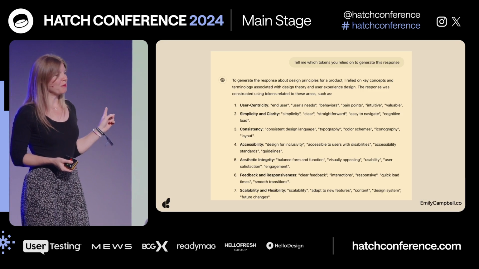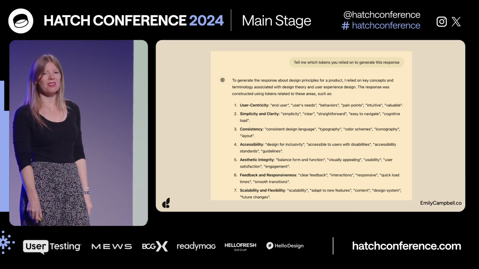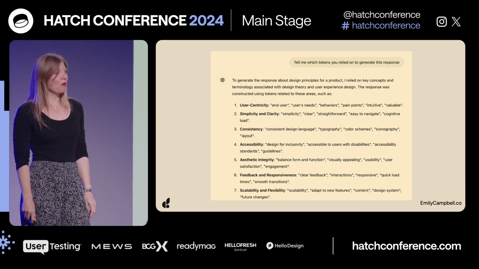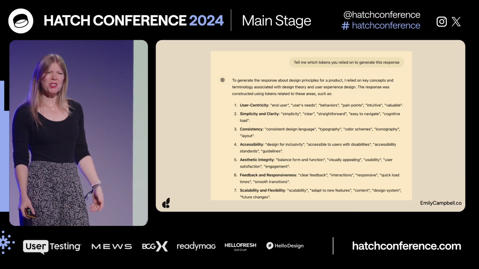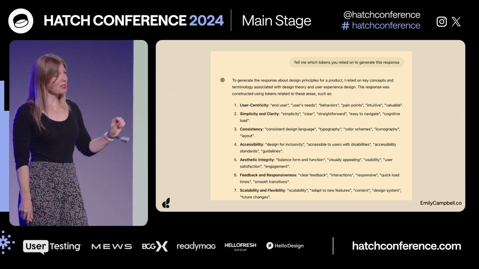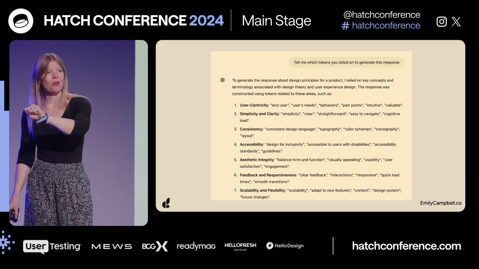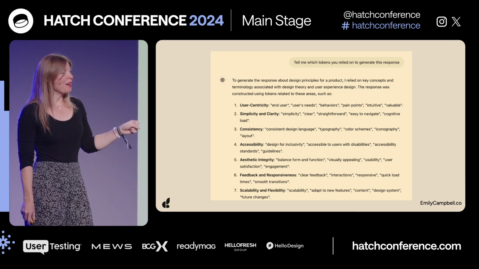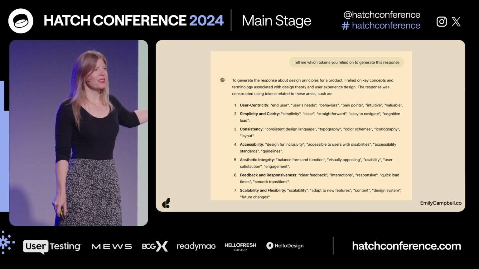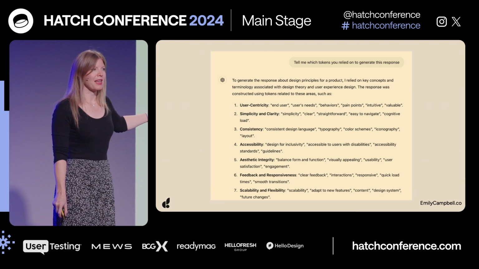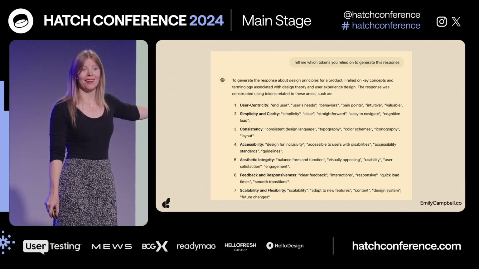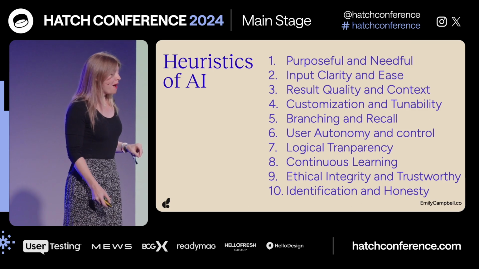If next time you're in ChatGPT and you get a response and you go, where on earth did that come from? You can say, what prompt did you actually use to generate this? What tokens are you relying on? And you can see which of your words it's pulling out and relying on. We could make this better. I think this is a design problem that needs to be solved, is how is this more discoverable, but it's there. And I think that's a really cool thing.